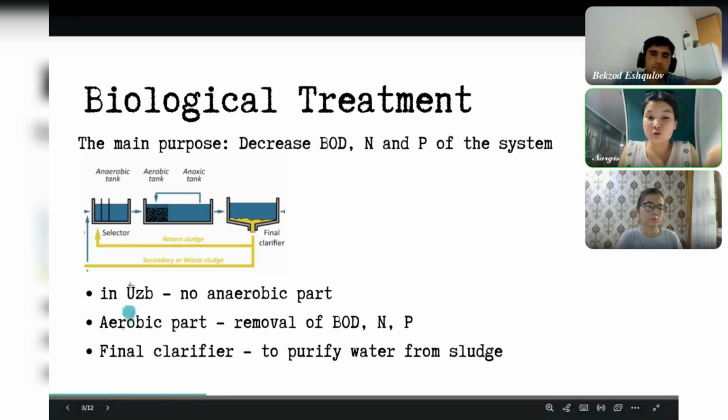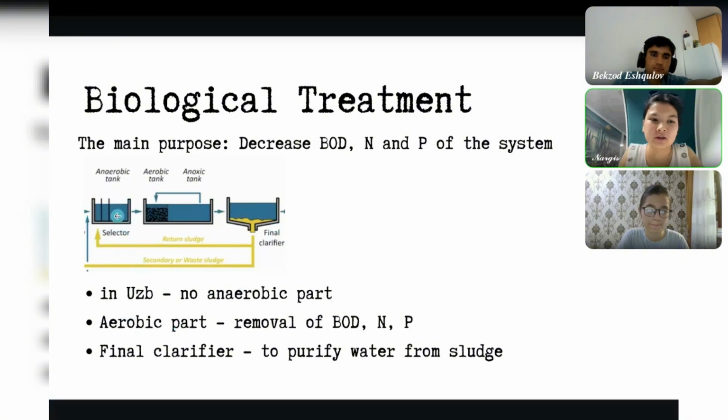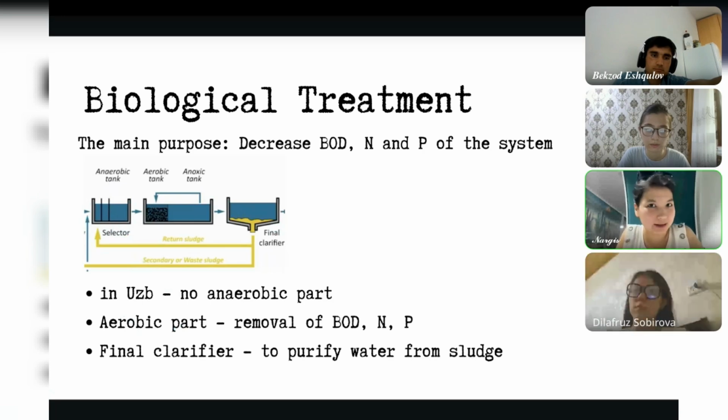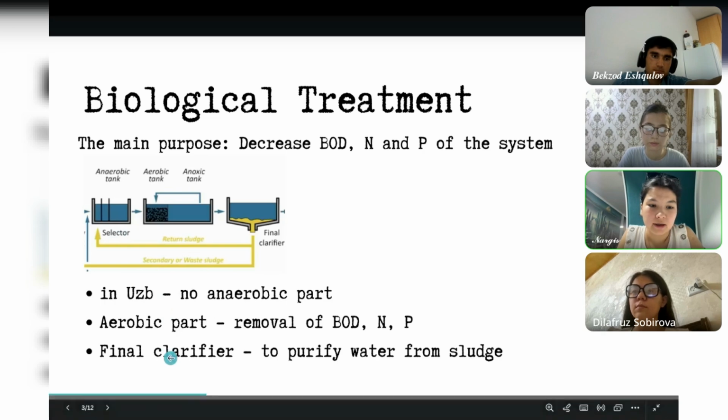And in this scheme, you see that there is an anaerobic tank as well. But in Uzbekistan, I haven't heard that any wastewater treatment plant has one. So in Uzbekistan, there isn't one, at least up to my knowledge. There's only the aerobic part and also the final clarifier. Why? Because